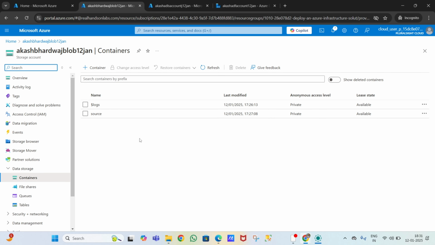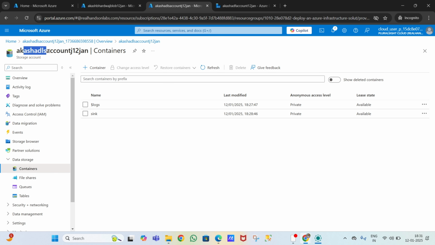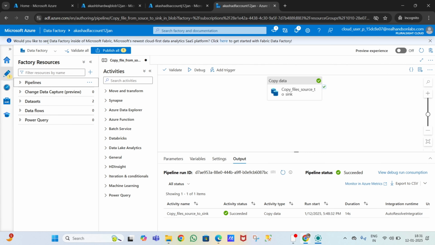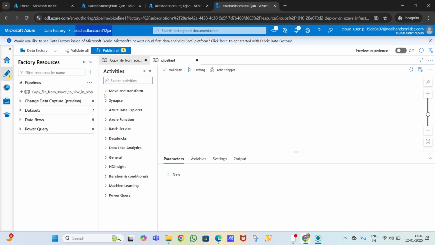So guys, in this video I will copy files from a Blob storage account into an ADLS account using copy activity. And which services will we use? First, the Blob storage account, which is this, you can see Akash Bharadwaj Blob, and the ADLS account, Akash ADLS account, and third, the Akash ADF account. It means here we will use the copy data activity. So first we have to create a pipeline: click on the three dots, new pipeline.